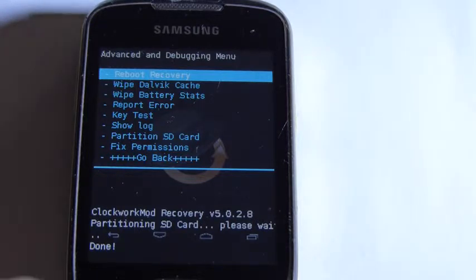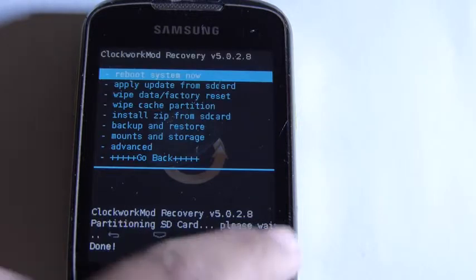Once the partitioning is completed, go back to the main menu of ClockworkMod recovery and reboot your system.